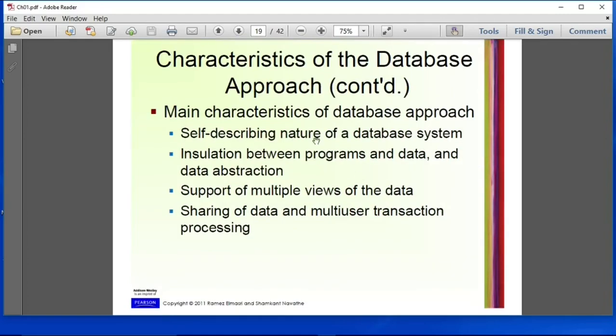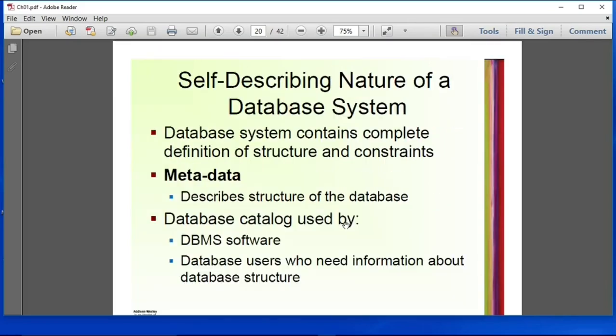So now the situation is different once you are using the database technique. So it is the self-describing nature of the database system. So insulation means there is a sharp insulation between programs and data, because earlier programs and data were mixed, so retrieving data would have been a problem. Okay, and data abstraction, support of multiple views of the data. We will see that support of multiple views. We can look at the data in different ways. Okay, even in SQL also you can look at data in different ways. Okay, sharing of data and multiple user transaction processing. So transaction processing also becomes now much easier. Okay,